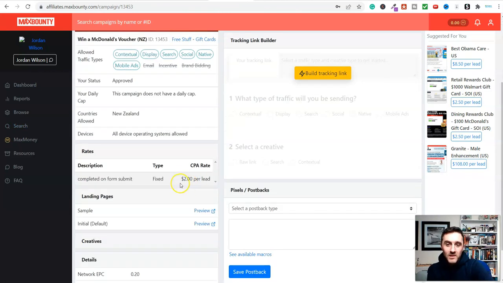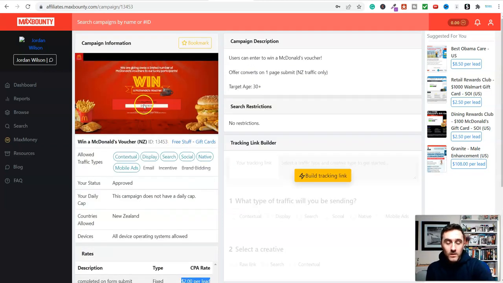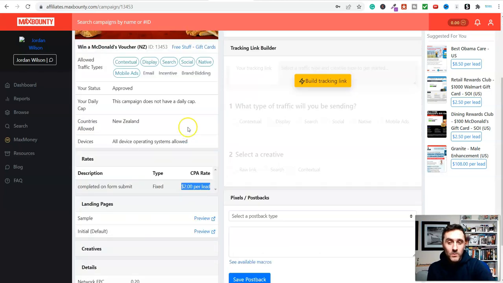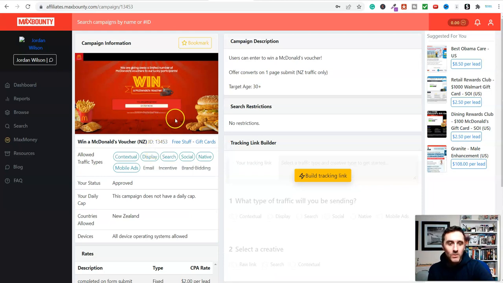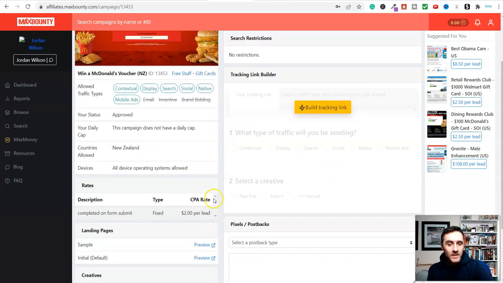If I scroll down here, you can see, look at this, $2 per lead. So somebody, the owner of this company who are running this promotion here, they will pay you $2 per lead. Now what does per lead mean? So basically it says here, completed on form submit. So once someone's come on here and put in their name, email and submitted this, you'll be paid